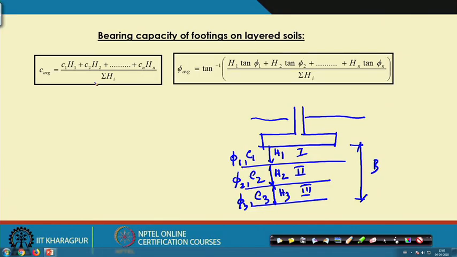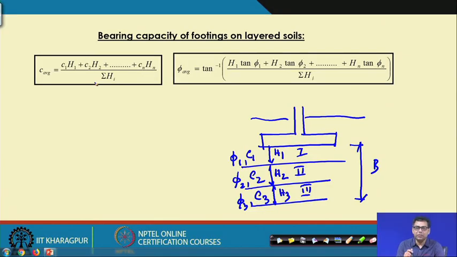Another one, this theory is also developed for the layered soil, but for design purposes in this course I will use this technique when it is layered soil, and in this way we will determine the friction and cohesion value by taking the weighted average.